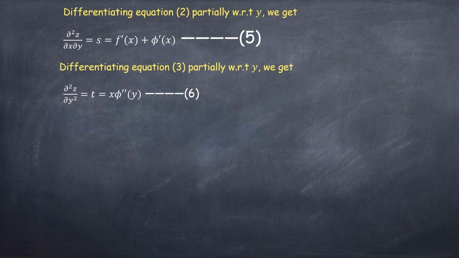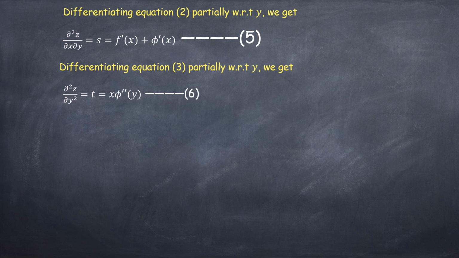Once you finish the differentiation of equation number 1 partially with respect to x and y, equation 2 partially with respect to x and y, and equation number 3 partially with respect to y, we will get 6 different equations. You need to observe all the 6 equations carefully and choose whichever is useful to eliminate the arbitrary functions. Now observe equation number 4 and 6. There is only f double dash and phi double dash, giving the values r by y and t by x. It won't be useful, because in any other equations we don't have phi double dash or f double dash. So for this problem, equation number 4 and 6 are not useful. Remove those.